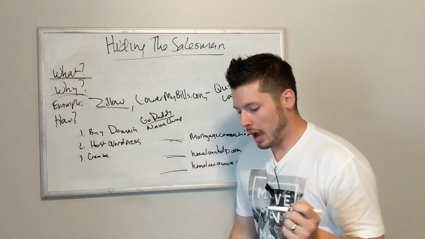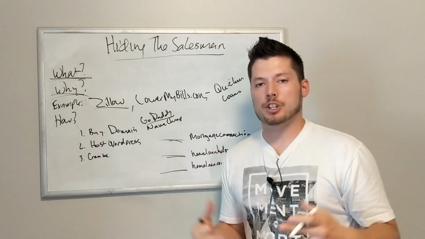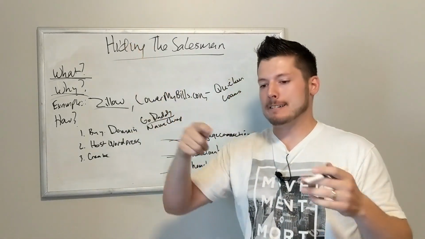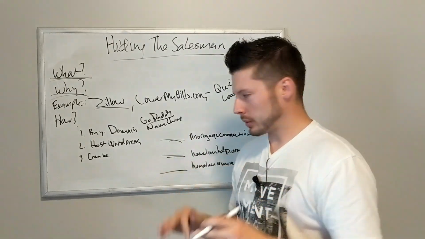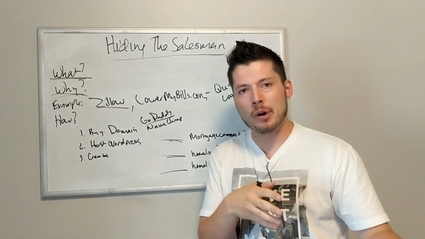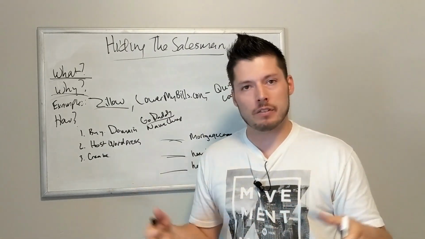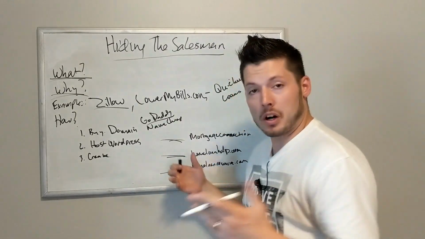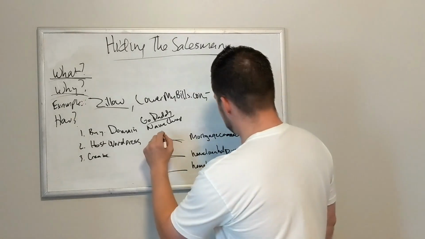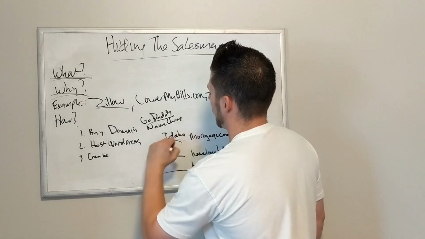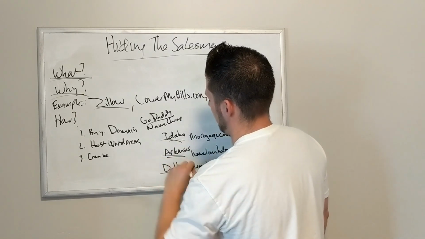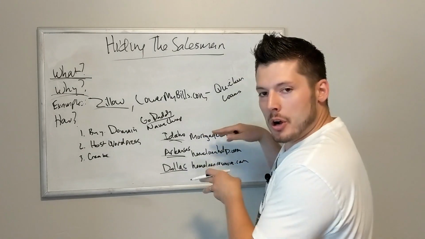And so what I would recommend is that you do this based on population, right? If you live in a very densely populated area like Dallas or New York City or San Diego or LA or whatever, then localize this as far as you want to, right? But if you live in a place like Idaho, and your biggest market is Boise, right? Which I'm sure you've never heard of, but that's where I'm from. If that's your biggest market, then you probably don't want to do that, right? You probably want to stick to something like Idaho or Arkansas or whatever, right? Dallas down here. Okay, so buy that domain,